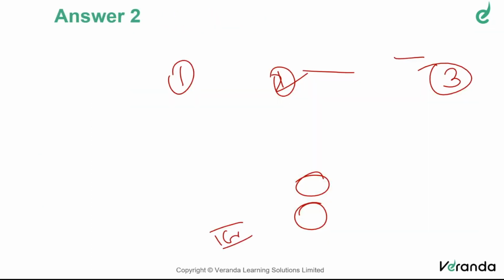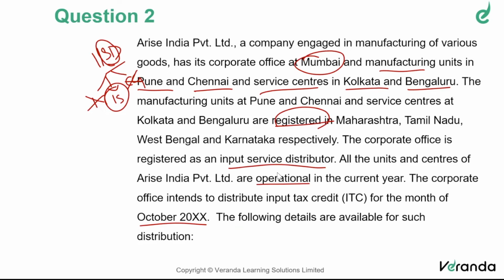So therefore, let me just analyze. Let me ask you certain questions. Please try to answer. Then we look at the number working. Now, head office is in Mumbai. Head office Mumbai, and there are 4 units or branches, correct? Point number 1. Now, out of the 4 branches, please tell me which of the branches are in the same state as the head office and which are in different states? Pune is the same state. Chennai, Kolkata and Bangalore are different states.